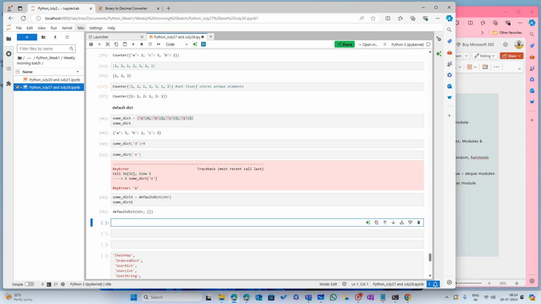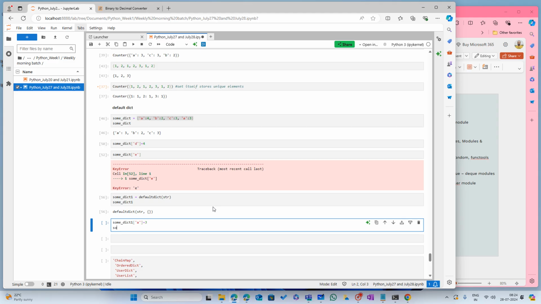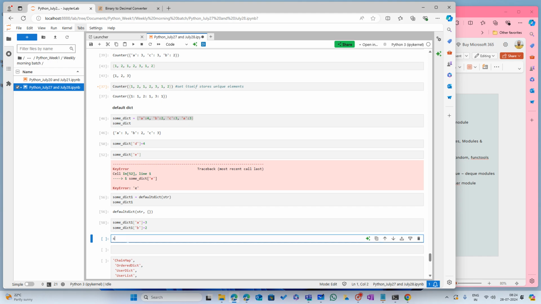Now I can start to add values, and the first value would be a, which is what we had. A is equal to 3, and then I will add some dict 1 of b equals to 2. Now if I print some dict,